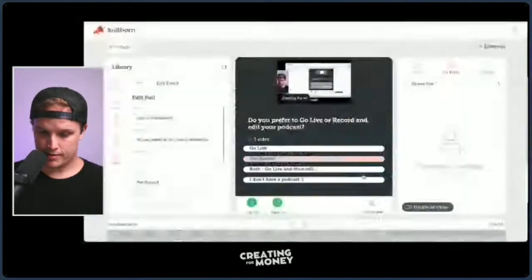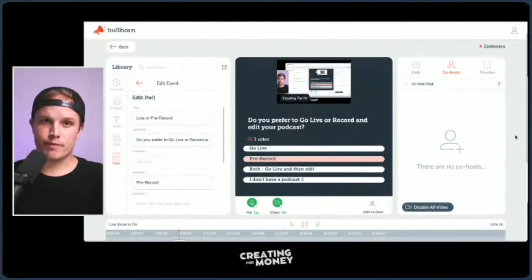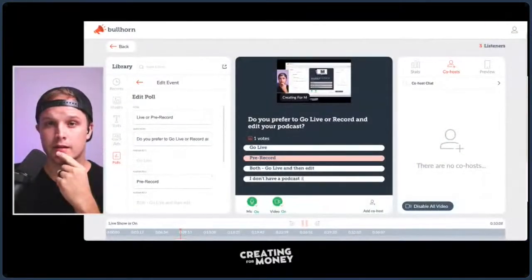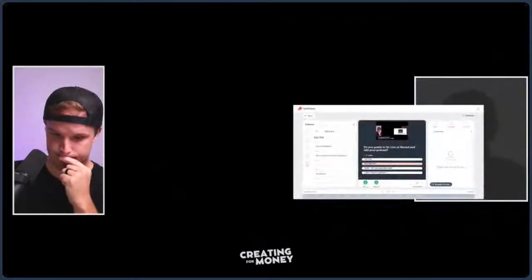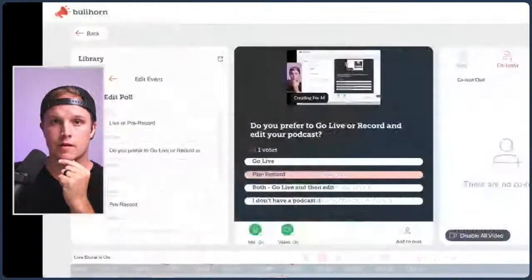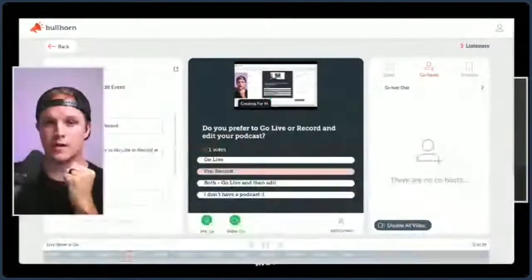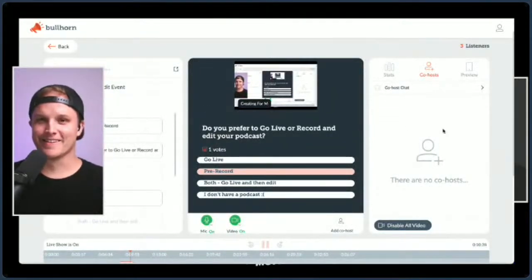Just one thing, sorry to interrupt. No, go for it. If you have this overlay on the screen, it completely blocks out everything. So everything that you're doing on the screen right now is completely blocked by the poll on there. You can change your view, Rob. Do you have a little button in the top right-hand corner? Let's see. It's not changing anything for me. When I tap that, it separates them to make them stacked on top of each other and shrinks the chat down. Yeah, so I see that button there, but it doesn't do anything for me. I've been tapping it, wondering what it does, and it turns white, it turns orange, it turns white, it turns orange.